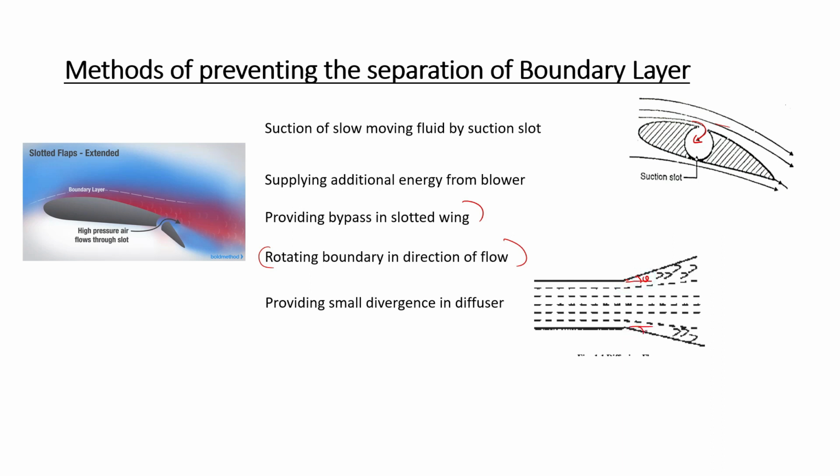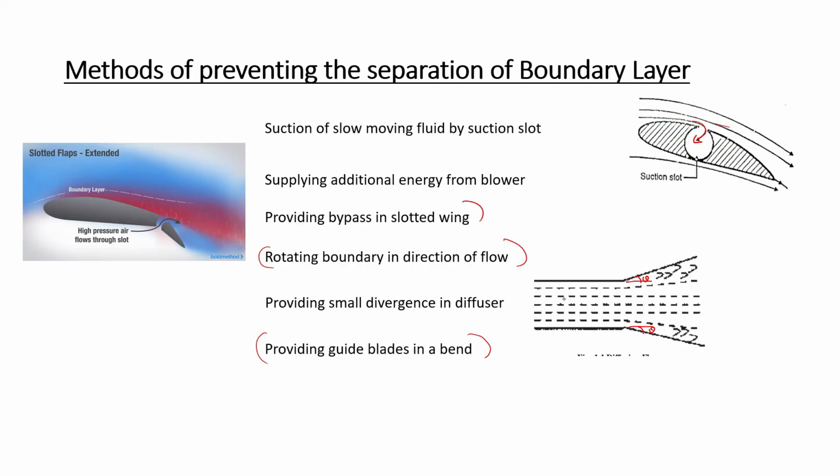If you keep this angle theta low, you can reduce the separation. And another is providing guide vanes in a bend. This is another method. So these are the methods used to prevent the